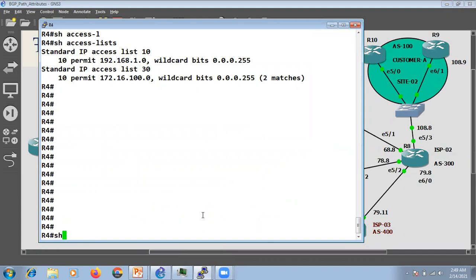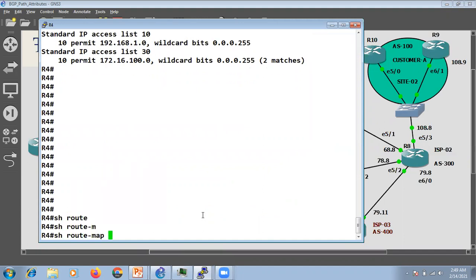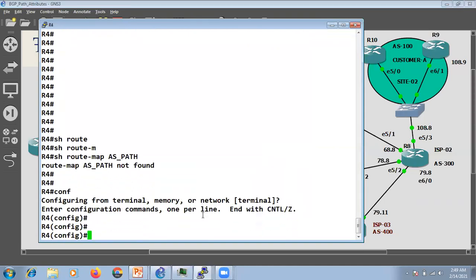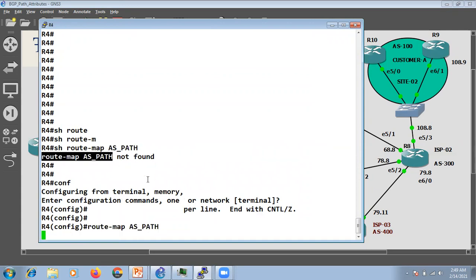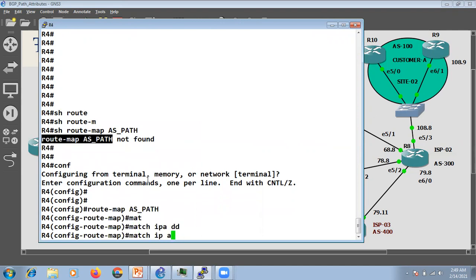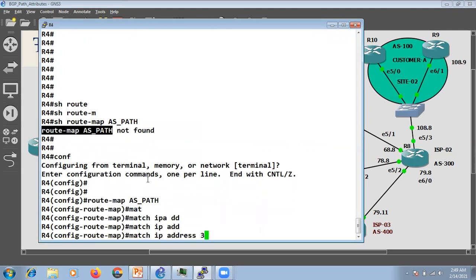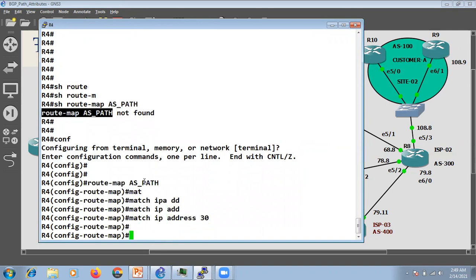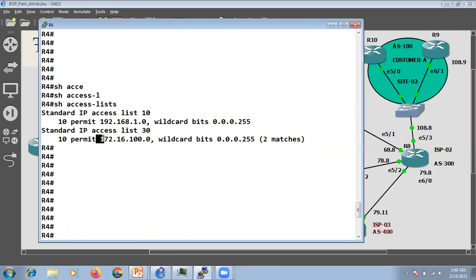Now what we can do is, let's say, show route map path. Let's create one route map named AS path. I will match the address 30, right? The access list number with that particular subnet is 30.